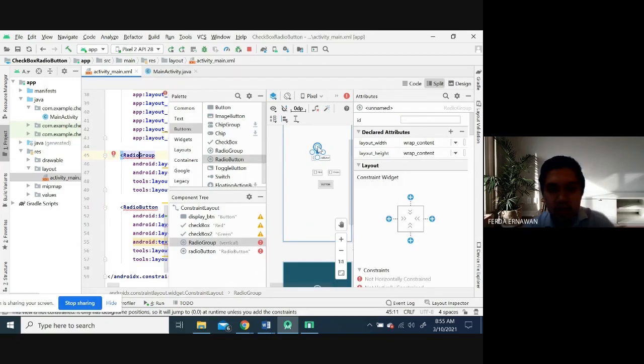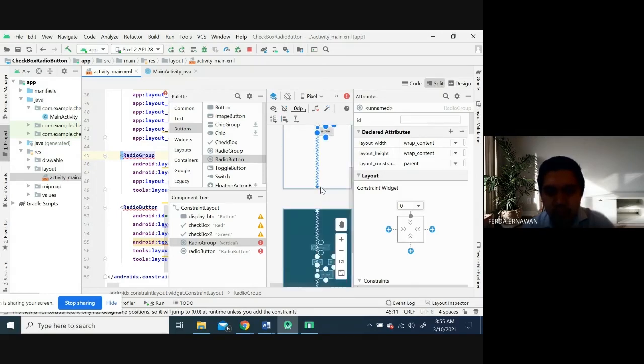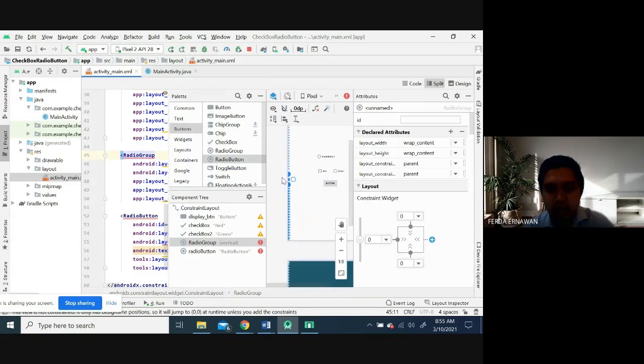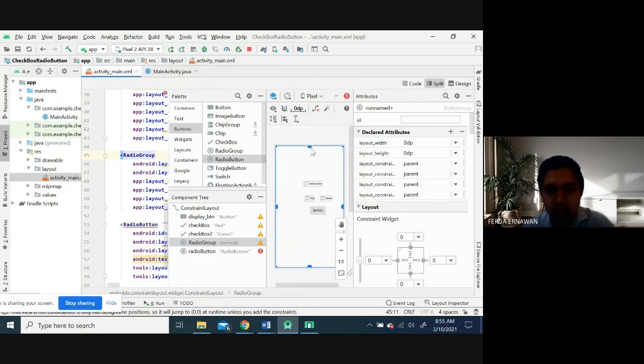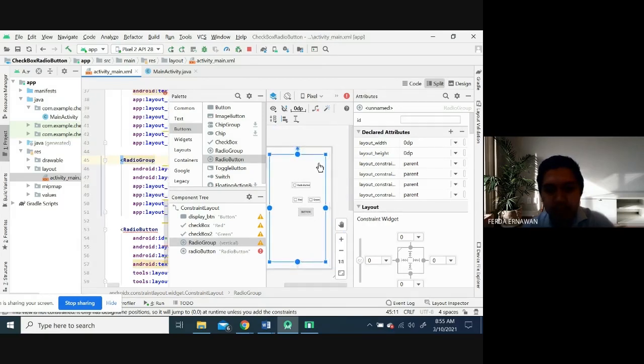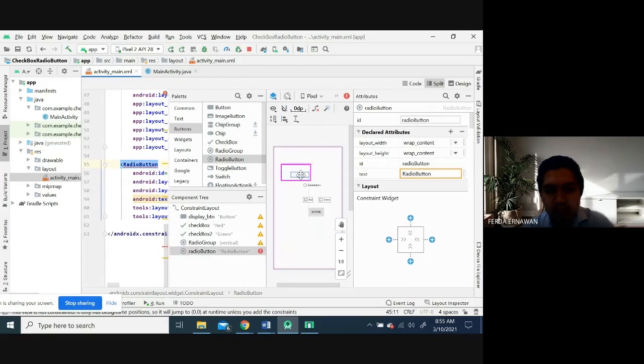Okay, let me give a constraint layout. So you have a radio group, and you also need the radio button.